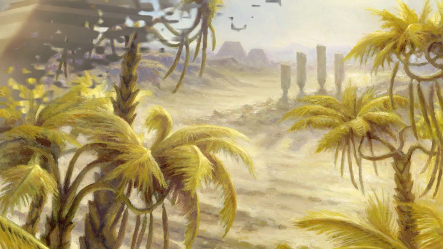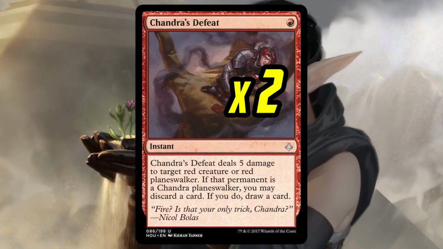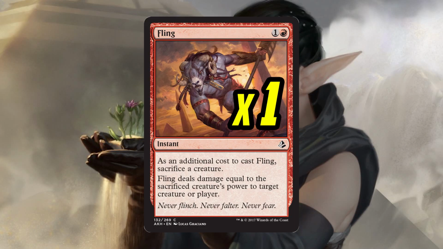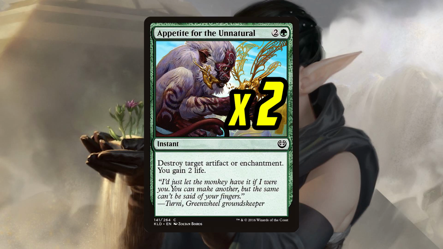So let's say our game 1 didn't go too well, and we're needing answers. Let's see what the sideboard can do for us. We've got 2 Chandra's Defeat for red deck wins and Chandra, 3 Druid of the Cowl for again red deck wins and more mana, 1 Fling to help finish off a grindy match, 1 Heroic Intervention to help against a removal heavy deck, 2 Appetite for the Unnatural to destroy enchantments that are giving us a hard time,